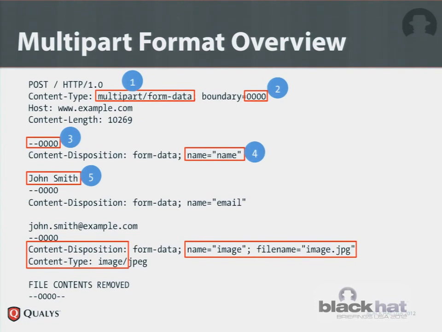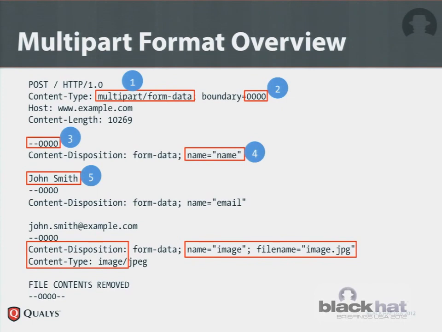A part consists of headers, which can actually be quite complex. They model HTTP headers. You can have anything there. You can even have header folding. And then after the headers, there's the part value. The only difference between a parameter, in my example a parameter called name, and a file is that the file will have an additional parameter on the Content-Disposition header, which is filename.